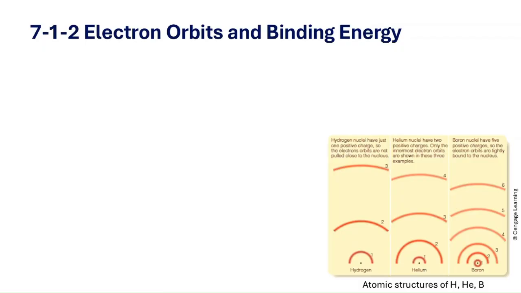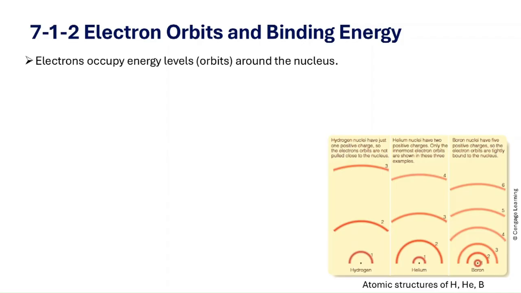Now can you see the image? These three sketches show how different elements have different patterns of permitted orbits. Notice how hydrogen's pattern is simple while boron is more complicated, and that complexity shows up in more complicated spectra. Now electrons are bound by the Coulomb force, and that's just the attraction between negative electrons and the positive